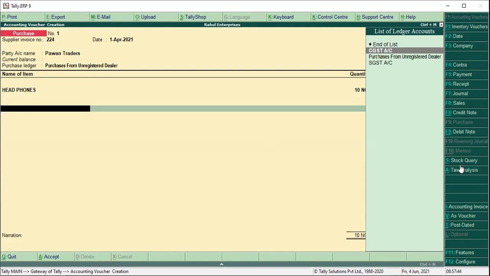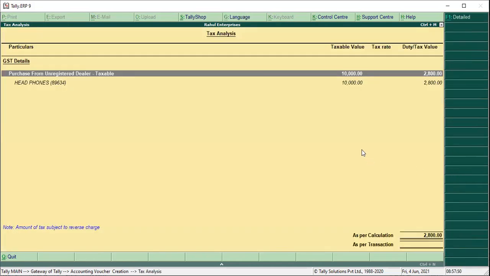On the right side, we have tax analysis, Alt plus A, or click on tax analysis. Now in tax analysis, the tax value is shown. Press Alt plus F1. Now on 10,000, total tax is 28%. 28% divided equally is 14%, 1400 for central tax and 1400 for state tax.